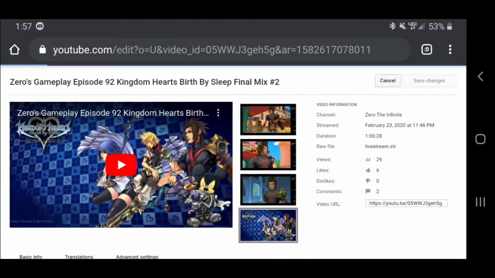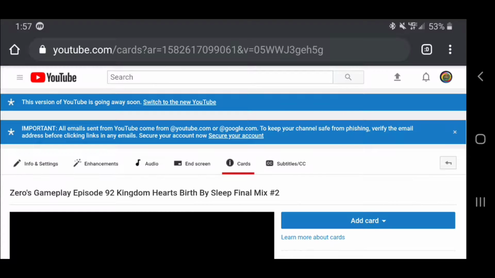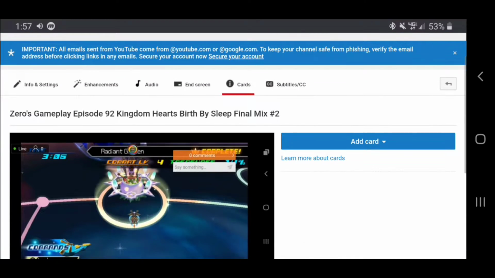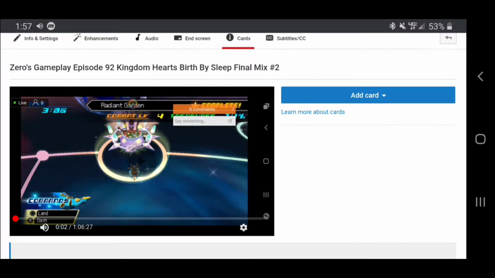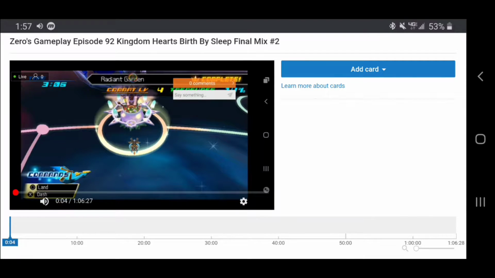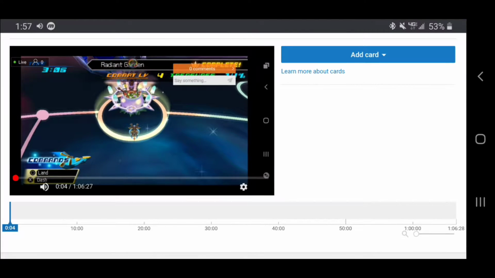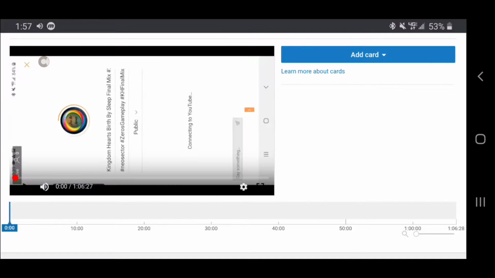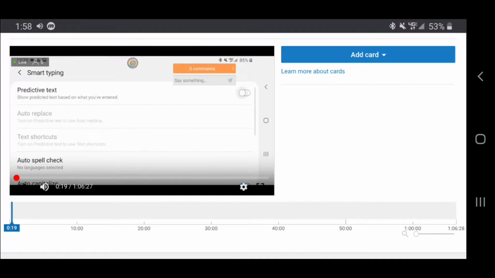So, you go to the settings, you hit cards, like so. With this, you can add a card to pop up on the screen. You can use this line right here to choose where you want your card to be. Once you position it to wherever you want to, then